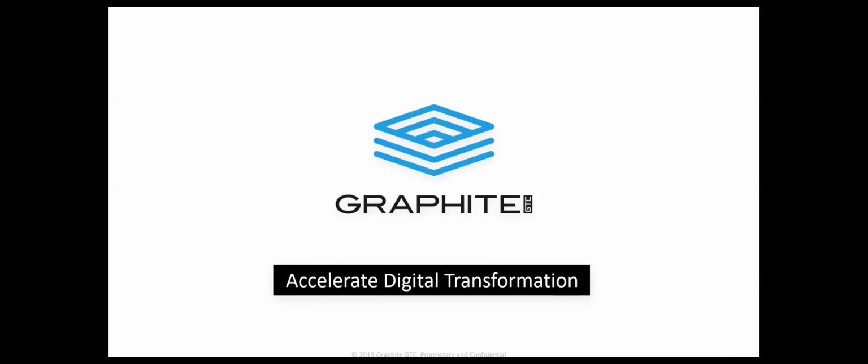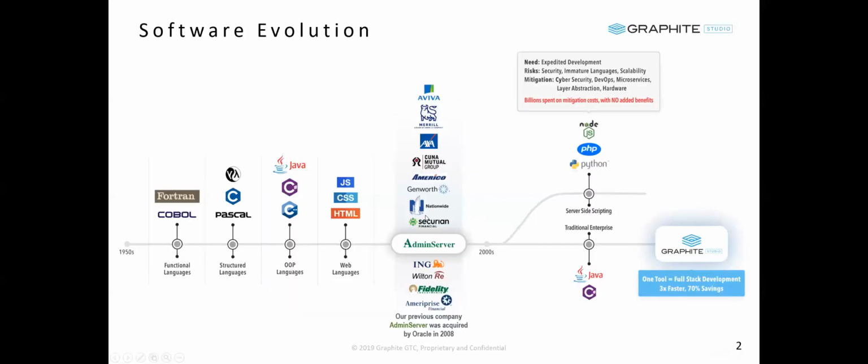And in the end, what you get is a perfectly designed monolith MVC N-tier application. Let's take a look at that. So I wanted to start off with this slide to explain what gave us the need to build this particular platform. If you look at the software evolution from the 1950s, COBOL was really the first